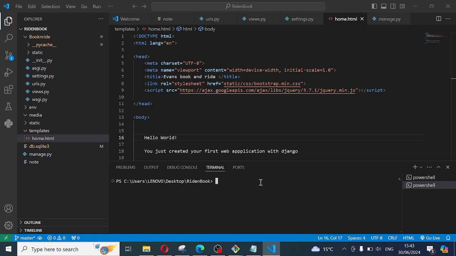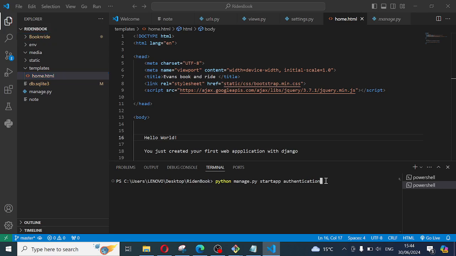Now, to create an app, you say python manage.py startapp authentication. This is the code: python manage.py startapp authentication. And this, authentication, is the name of the app, which can be anything, but it just has to be related to what you are doing. When you want to create the next app, you also say python manage.py startapp and then the name of the app. Let me close all my folders, and then once I press enter,